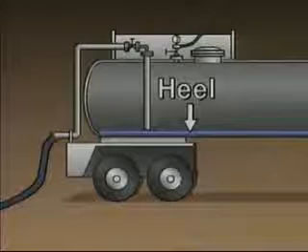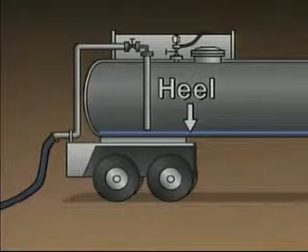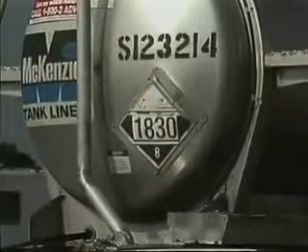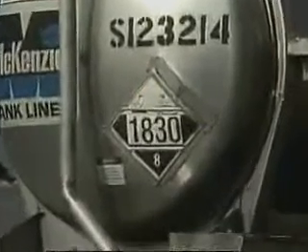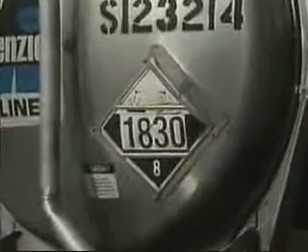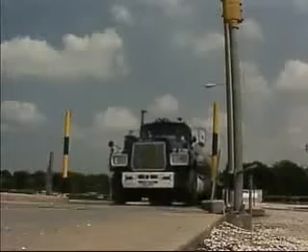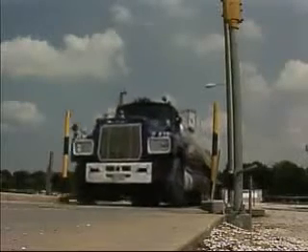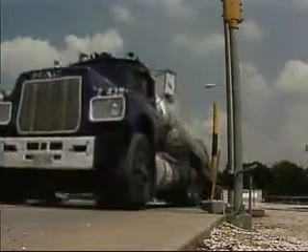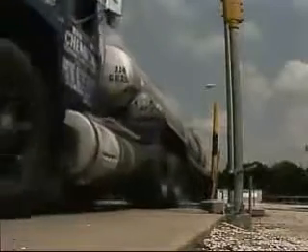Of course, there are other methods, but regardless of the method being used, there are some safety concerns that should be followed. For example, after unloading, some liquid called a heel will generally remain in a tank truck. For that reason, the placards identifying the material must remain on the tank truck until after the tank has been cleaned. Also, regulations established by the Department of Transportation and other agencies should always be followed when transferring bulk liquids.